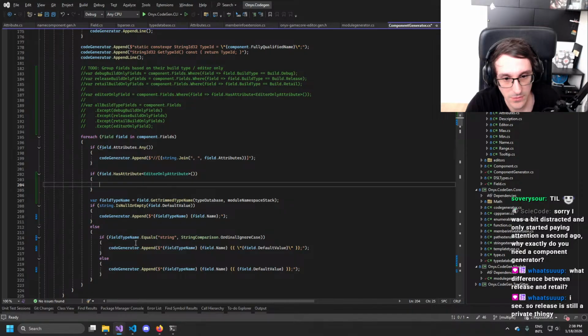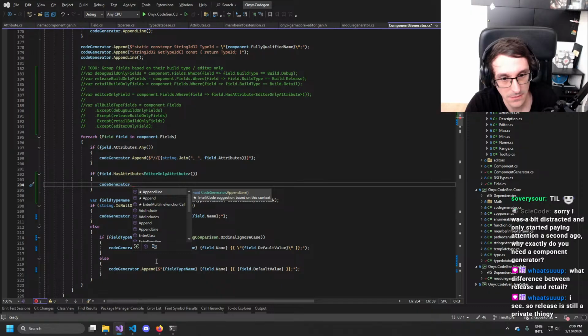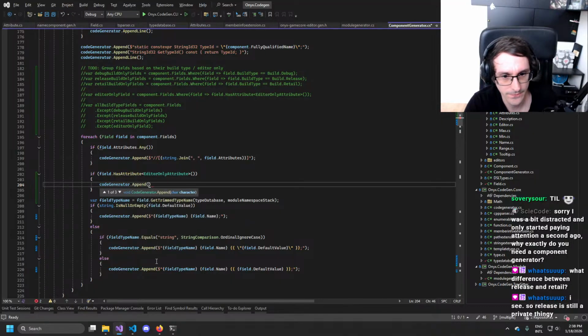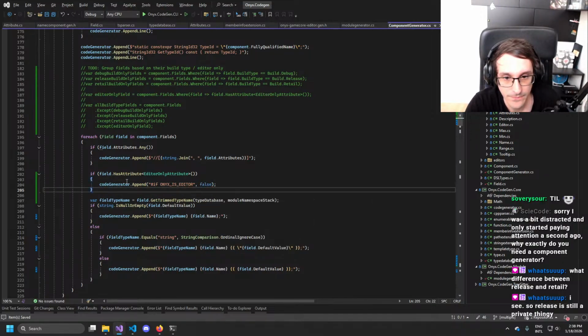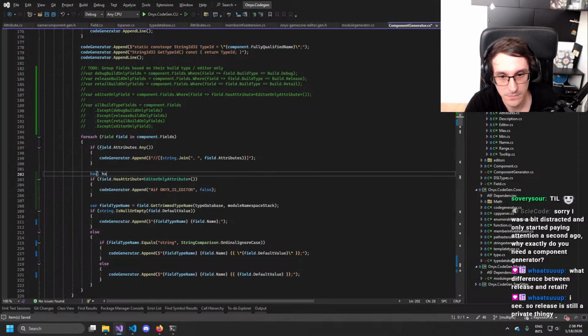Then we basically add, append, skip intent false. Is editor only.